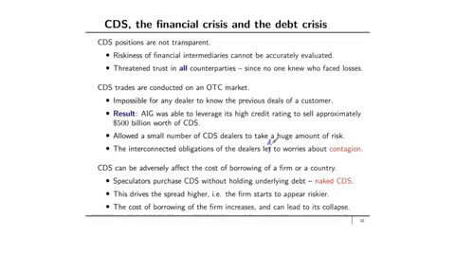CDSs also have been blamed during the financial crisis to adversely affect the cost of borrowing of a firm in a country. And recently, more so in the European debt crisis, CDS have been blamed for the fact that the cost of borrowing of countries have gone tremendously high. So the story here is that speculators purchase CDS without holding the underlying debt, sometimes called a naked CDS. Once a lot of these speculators start buying these naked CDS, this drives the spread higher. And when the spread goes high, because the market perceives the spread as the riskiness of a particular company or a particular country, the firms start appearing risky. And the cost of borrowing of the firm increases, the cost of borrowing of the sovereign increases,